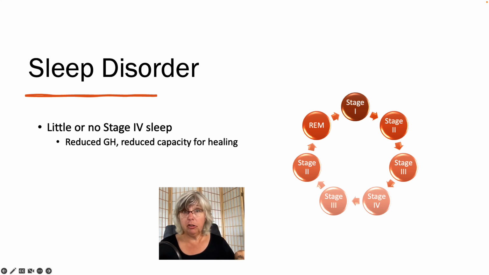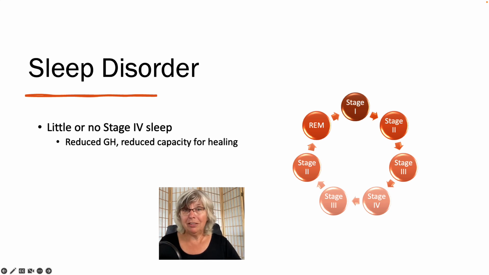For people who have fibromyalgia, what we find is that their sleep cycle is sort of all over the map, leaping from one stage to another, but spending little or no time in stage 4 sleep. And that's a problem because stage 4 sleep is when we secrete growth hormone. Now, you might think that growth hormone is something that only children and pregnant ladies have to secrete. That turns out not to be true. We all secrete growth hormone, the hormone that prioritizes the rebuilding or new production of cells, because we all have to heal from everyday little injuries and insults and wear and tear.